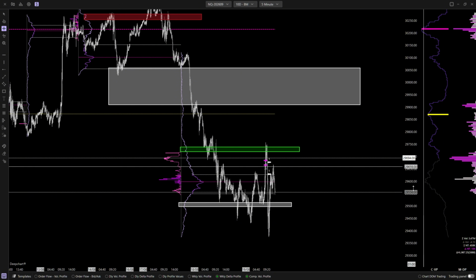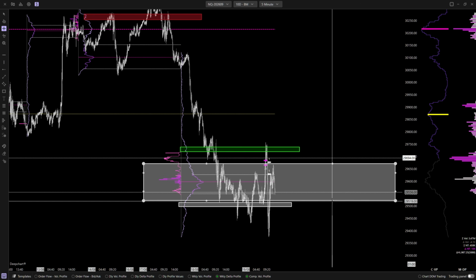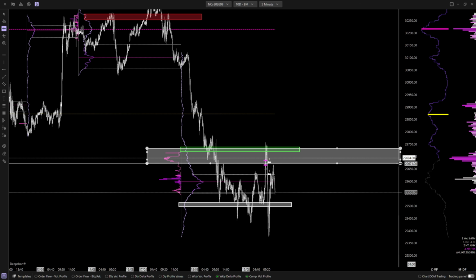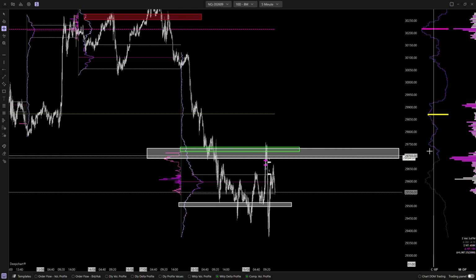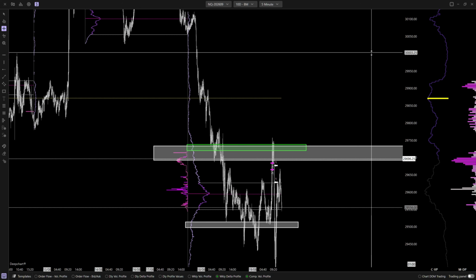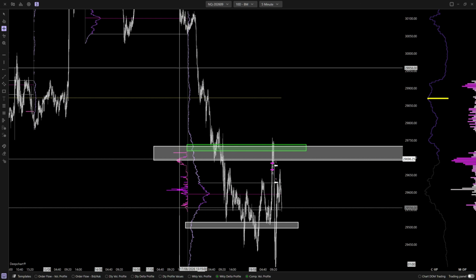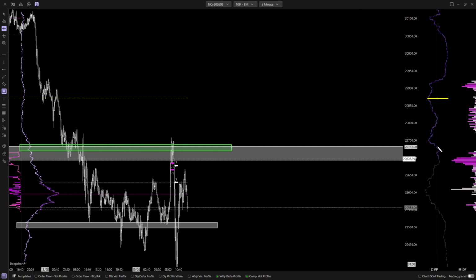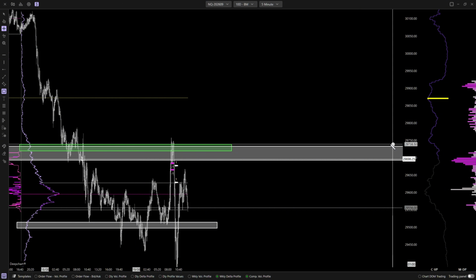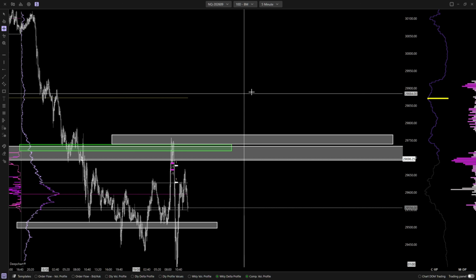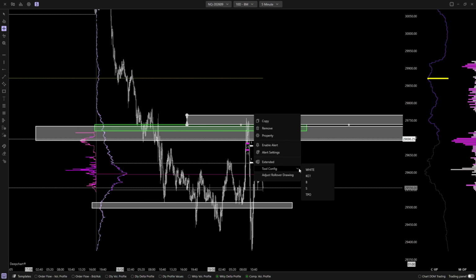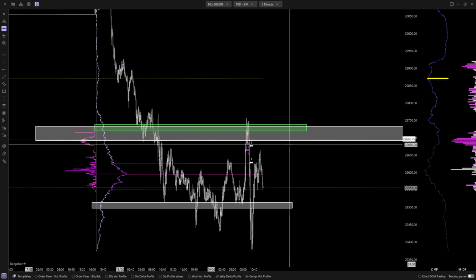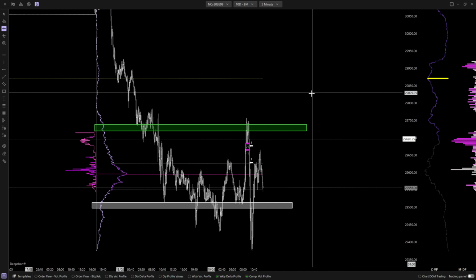And now we're at an area on the yearly composite where we have a balance. And you can see here, again, we have an area of low participation. You have to understand that in terms of higher time frame, like the yearly composite, low volume nodes, price loves to either stall there and try to create balance, or just slice through them instantly if there's enough selling pressure. And we can see in terms of the delta that here we just touched a previous POC or balance, and we used that as resistance again to push it back down lower, slicing through that low volume node like we have done previously, right? So in terms of higher time frame, that is why I entered.